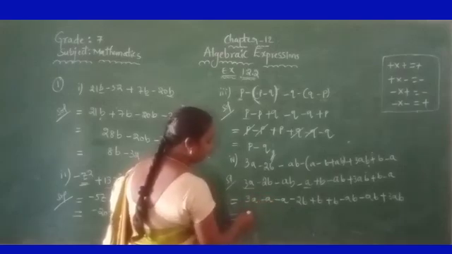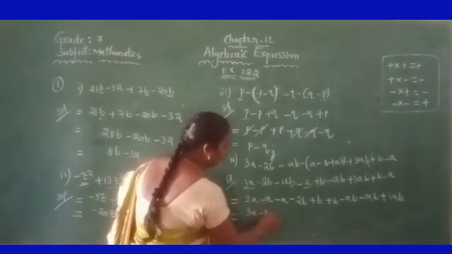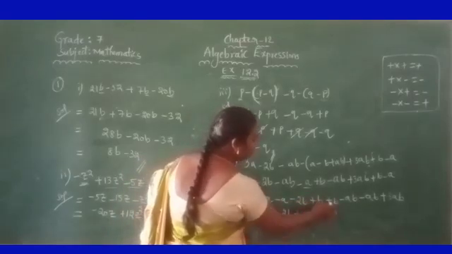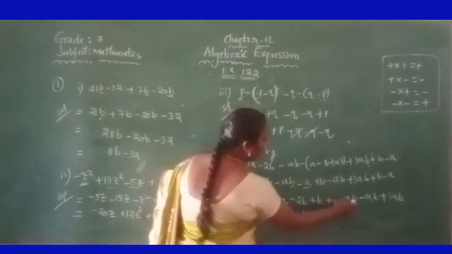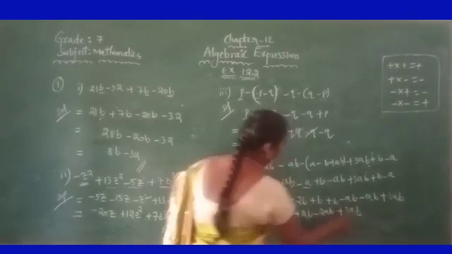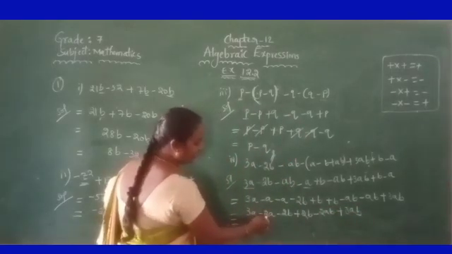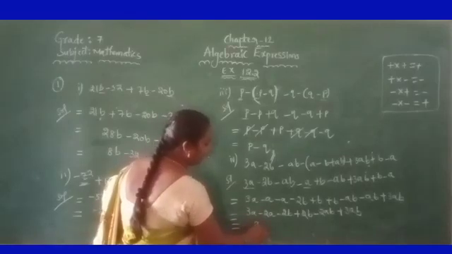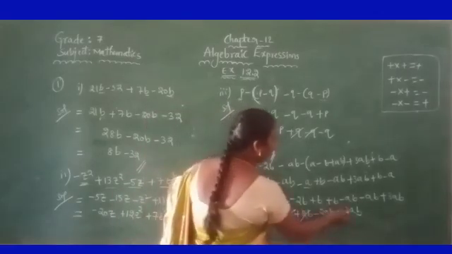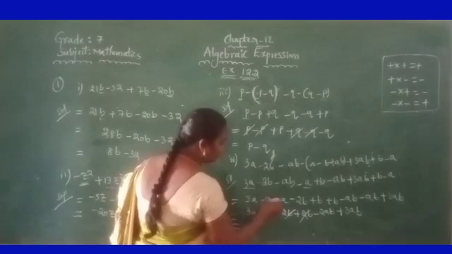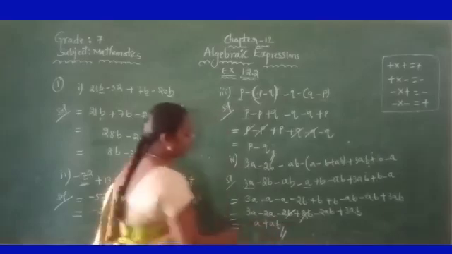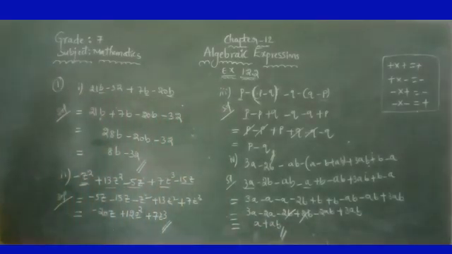3a minus a, how much? Minus 2a. Minus 2b plus 2b, that is plus 2b's are there, right? Plus 2b. Minus ab minus 2ab plus 3ab, right? 3a minus 2a, how many a's will remain? 1a. Minus 2b plus 2b cancel. There is 0. Minus 2ab plus 3ab. Plus 3 is more, right? So from plus 3 subtract 2, we will get plus ab. So what is the expression finally? A plus ab.